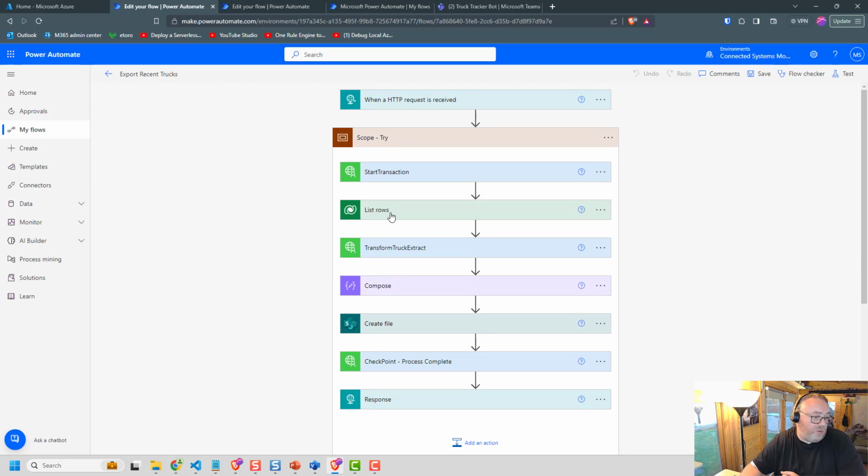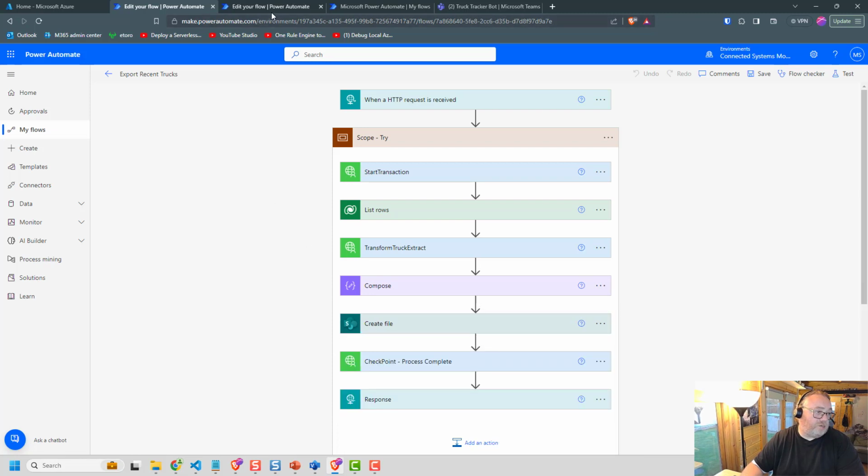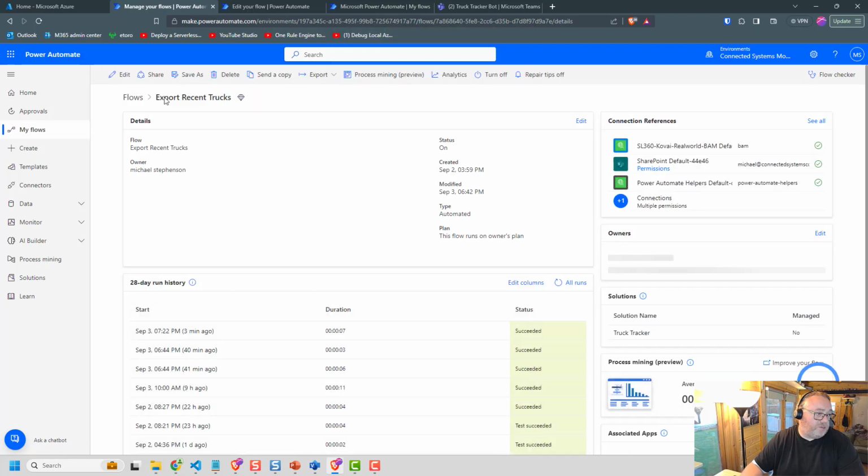I'll do a list rows, so I'll go and get some data from Dataverse. And then here I'm going to call out to my transform truck extract. So that calls out to API management, which forwards the request to a function where I've got some C# code that transforms the data. I'll get the response data back, and then I'm going to create a file in SharePoint with that data. So I've got 2 things after this. The first one is the scheduling. So if we go back to my